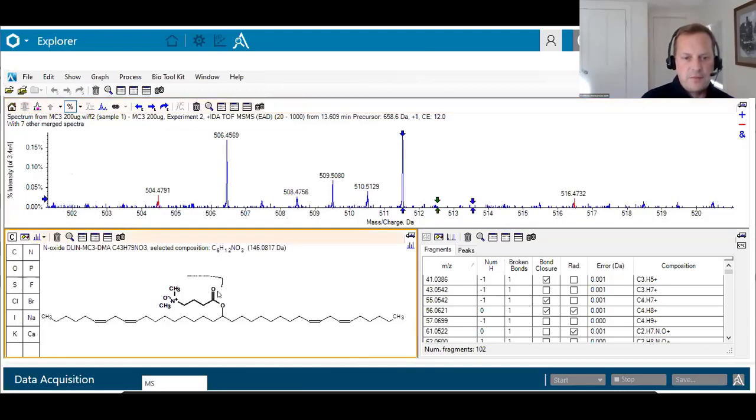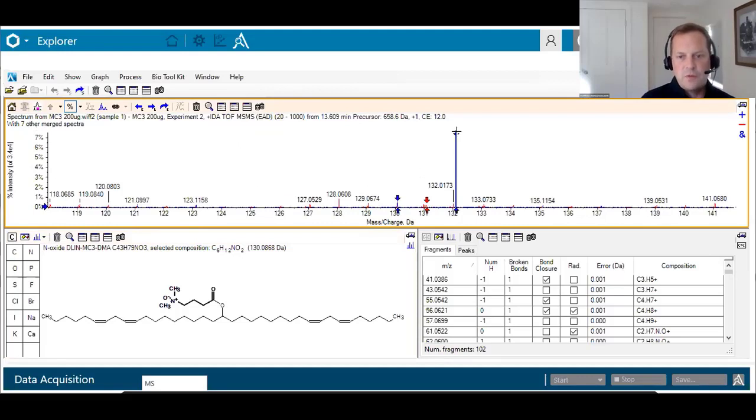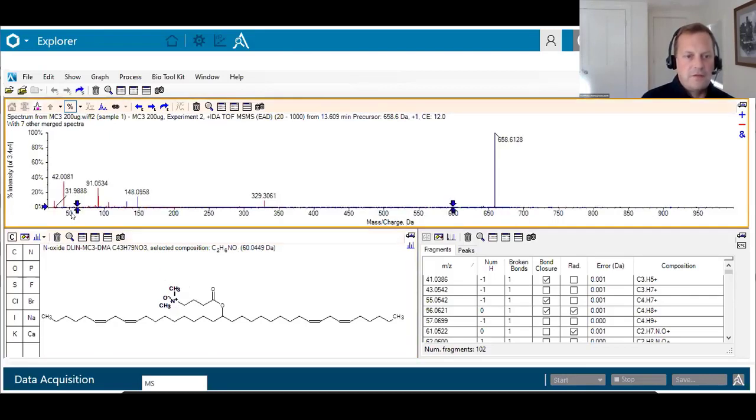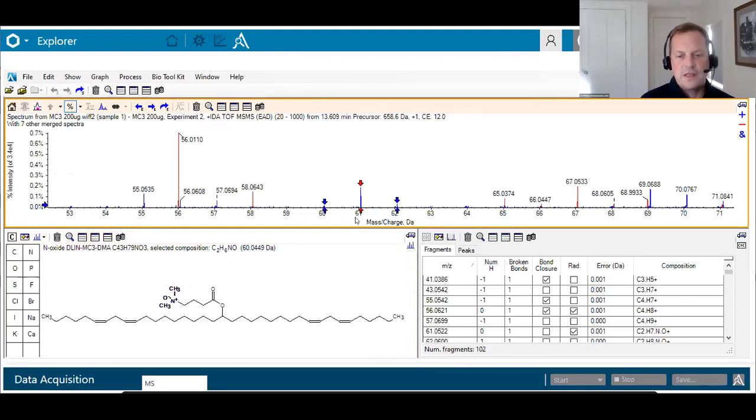And I can dig even deeper and start drawing to get more specificity on where this oxygen is localized. So we do see the 132 peak that's represented by this fragment ion. And then I can go in even further and draw around this peak here. And if we look down here, we see the presence of this peak at 61 mass units. That can only be explained if the oxidation is occurring within this tertiary amine group. So we're very confident that this is the N-oxide species of the MC3, and we have the diagnostic fragment ions, the one at 61, along with the 511 and then the 132 and 148